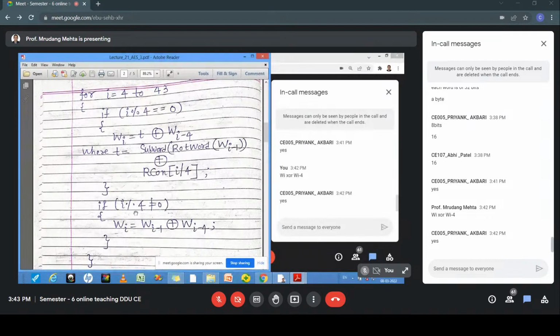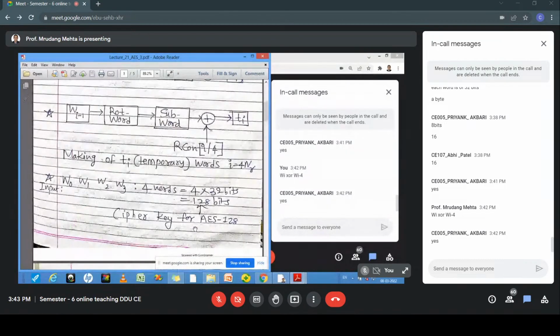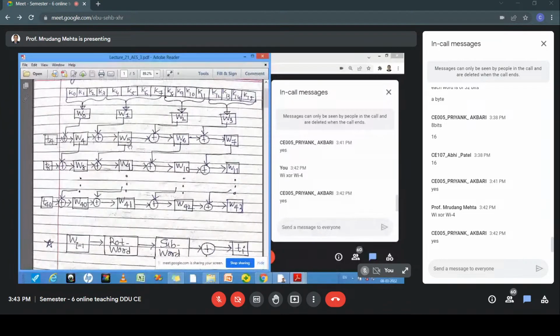So if i mod 4 not equal to 0, then Wi is W(i-1) XOR W(i-4), the previous W, Wi minus 1 and Wi minus 4. That generates this Wi. But if you look at these W's, W4, W8, W40, which means Wi mod 4 equal to